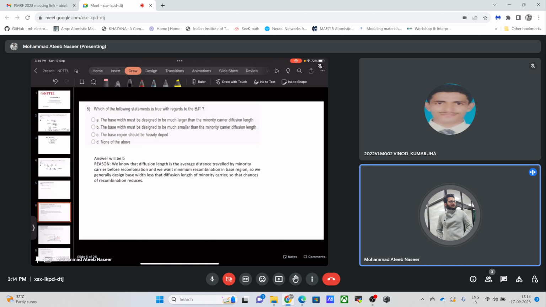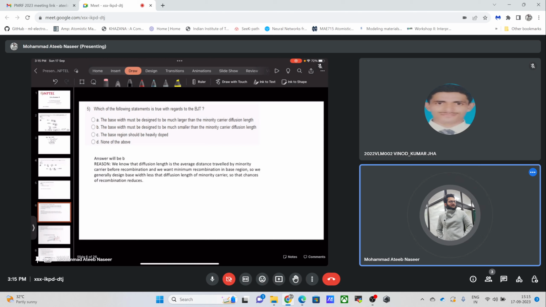This statement seems to be false, because if the base width is larger than the minority carrier diffusion length, for example, if the minority carriers are the holes in this base region, then they will recombine in the base region,